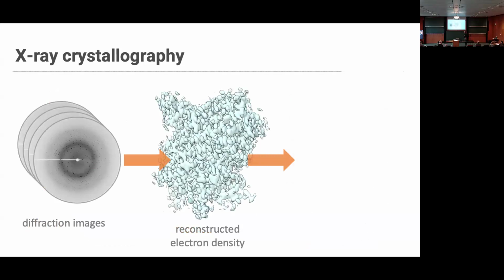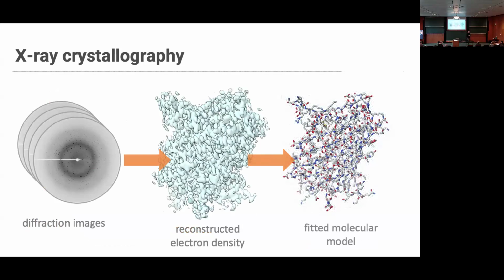What biologists want to look at is this atomic model. Basically, we want to place in space dots where the atoms are and connect them with sticks, which represent the valence bonds between the atoms. And of course, the electrons in one atom are as good as electrons in the other atom, so they don't come with labels. We don't know which electron belongs to what. So it's a complicated problem. It's an inverse problem that needs to be solved in order to get the